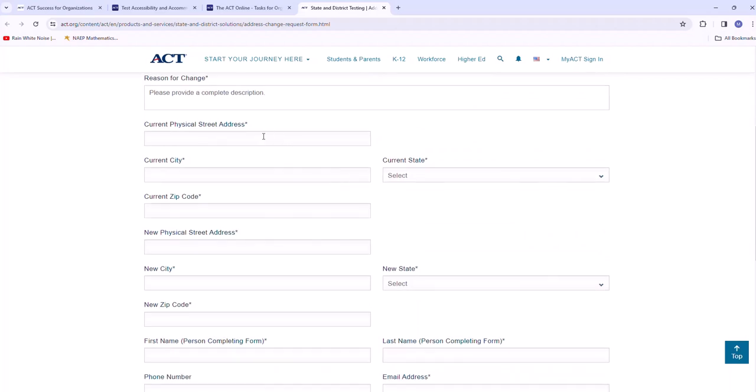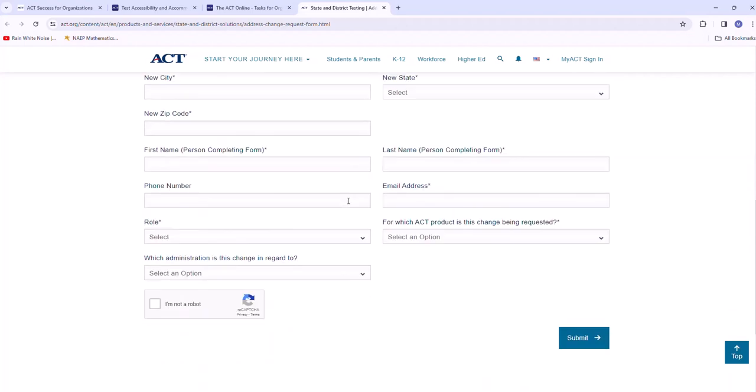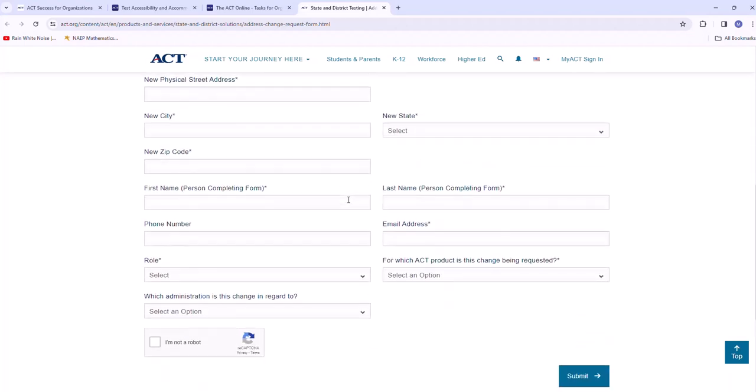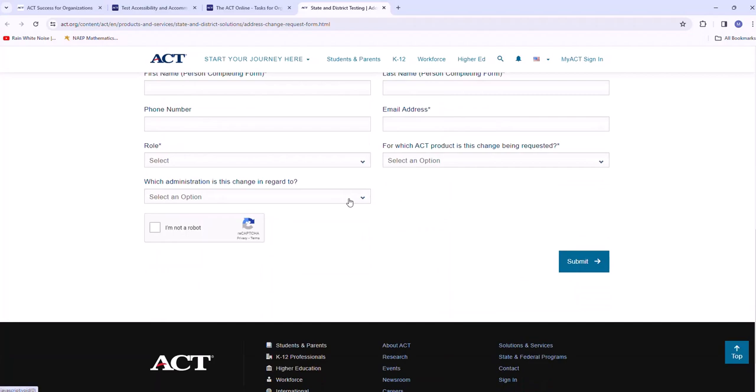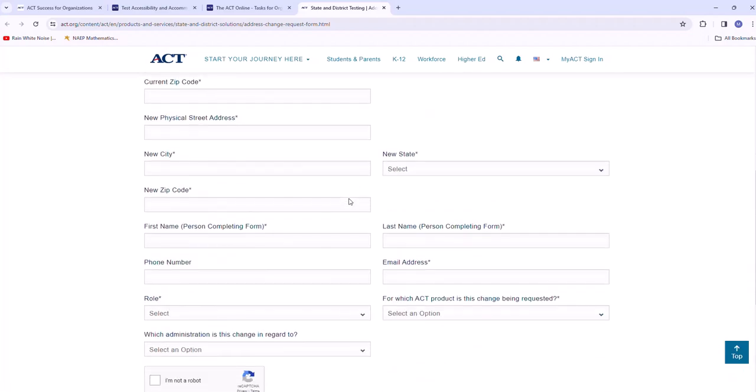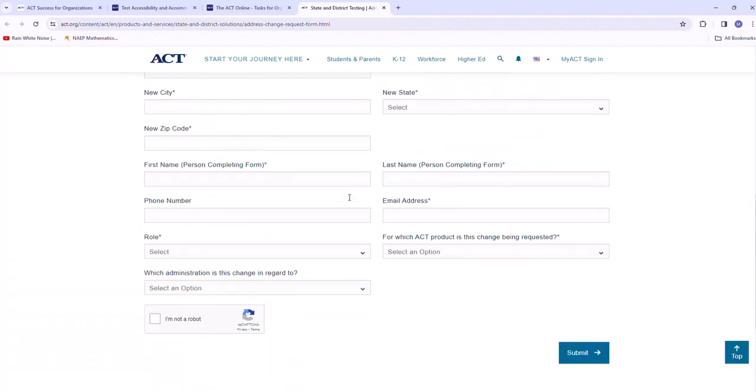Now, see, that's weird because the current physical address, you've been there for what, a year now or 2 years? No, we've been here for about 3 years. Now, they're asking for the current physical address, thinking that. I would just do this, Bobby. I would put the current physical address because that's where you are right now, and the new physical address. And then somewhere in here, I wonder if there's a place where you could say something else in terms of why you're filling the form out, because your address is still incorrect in PA Next.